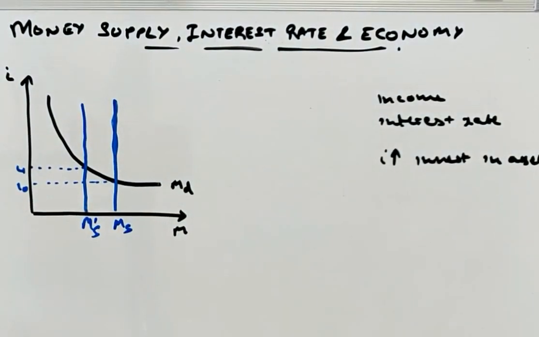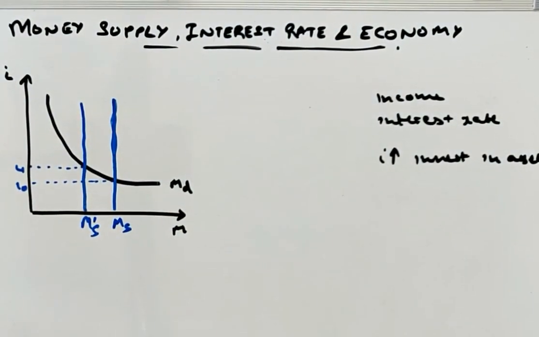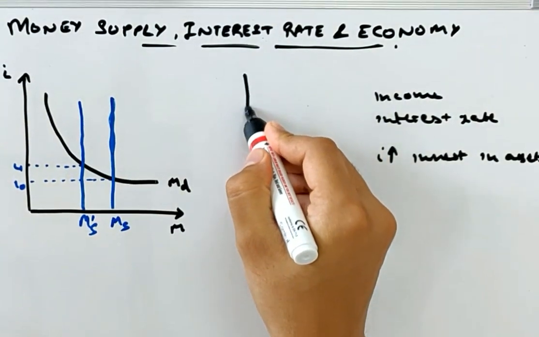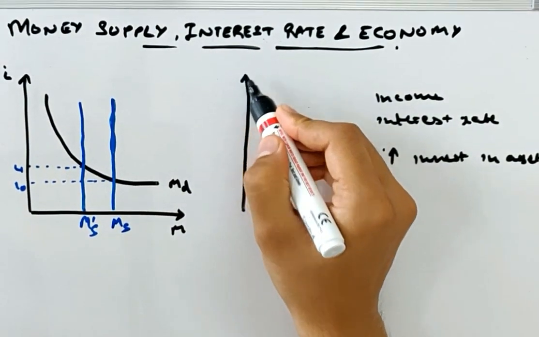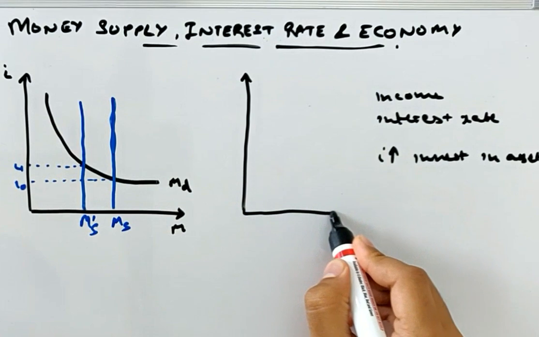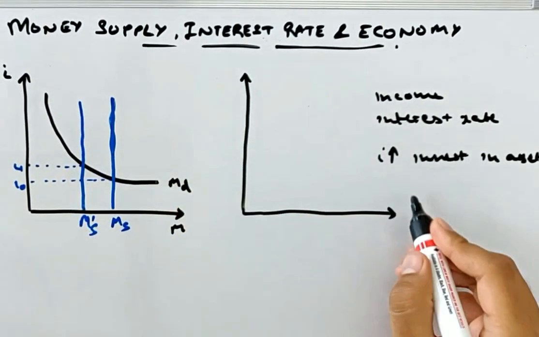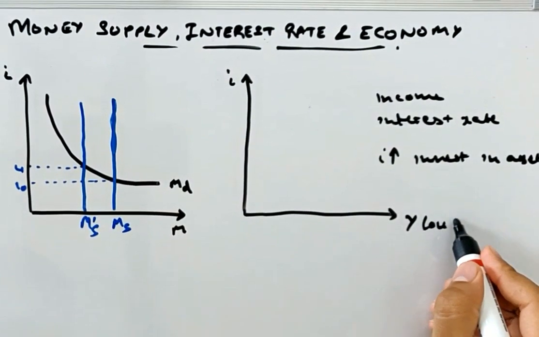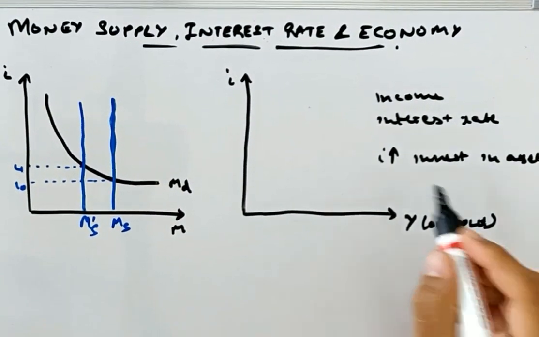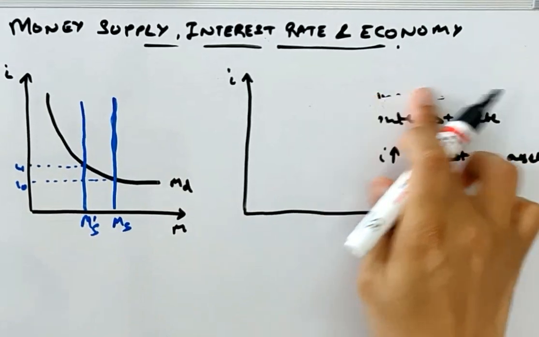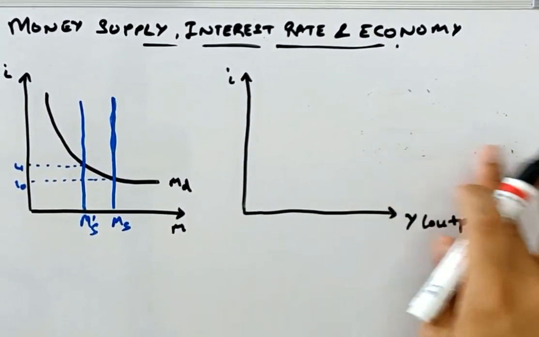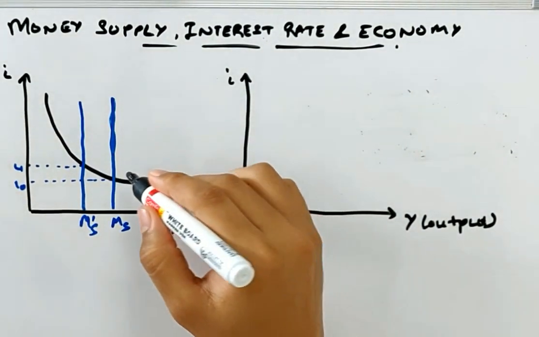Now, we need to understand how this affects employment or output in the economy. Considering the demand and supply curve for money on the axis of money and interest rate, we will try to plot in the axis of output, income or GDP and interest rate. Now, plotting for these points over here,